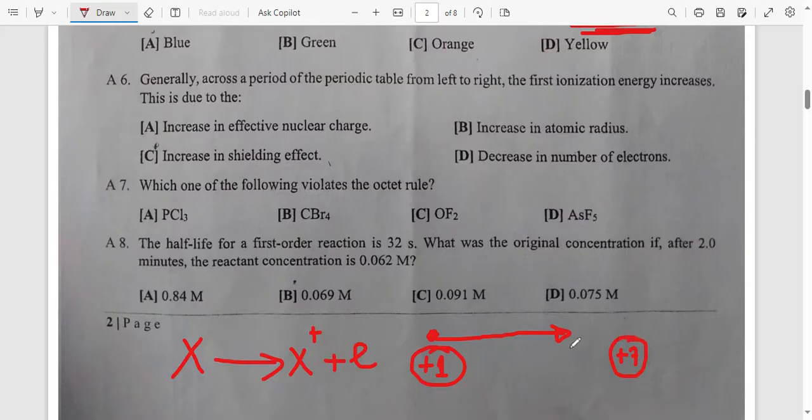So, as you go from left to right in the periodic table, the ionization energy increases. Why? Because you are increasing the binding. So for you to be able to separate the electron from the atom, you need more energy. Okay, so what is the answer? It is increase in effective nuclear charge. Okay,